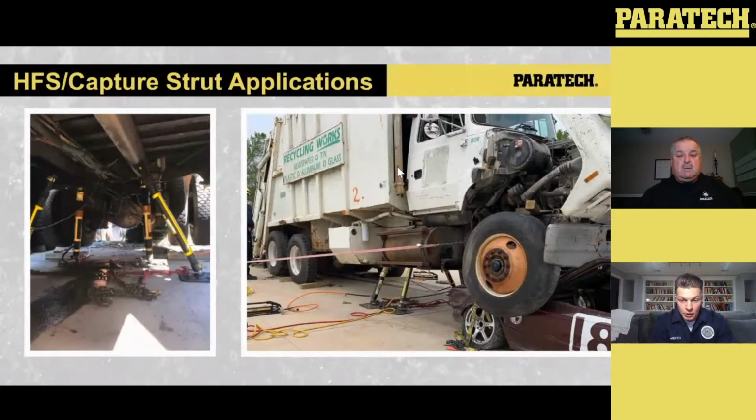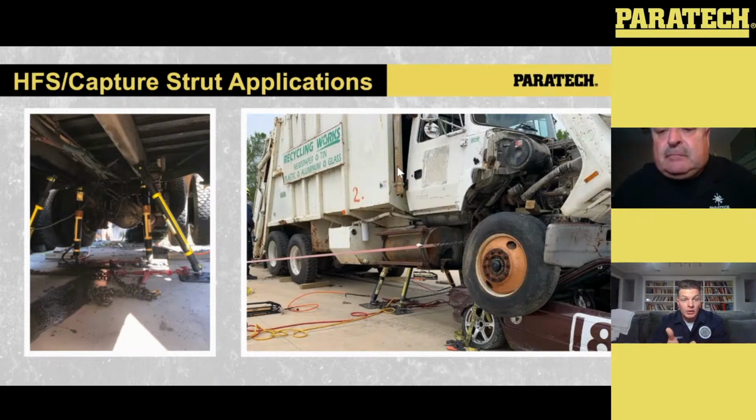In this case, you have two options here. I don't like setting up my HFSs or my capture on anything that has potential to move unless I secure that into play. So say this garbage truck, for example, that box, I know because I did the scenario, is secured to the frame rails of that commercial vehicle. So if you wanted to, this would be a scenario where you could take a 304